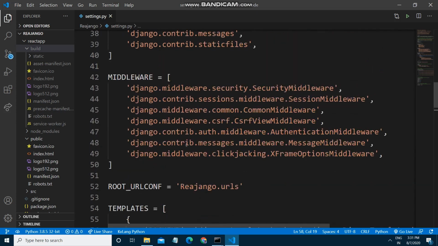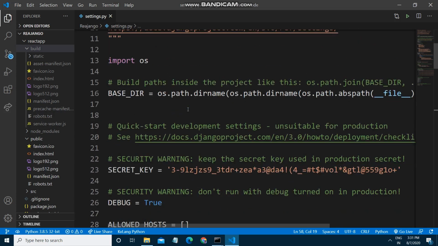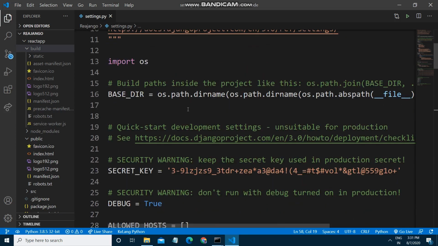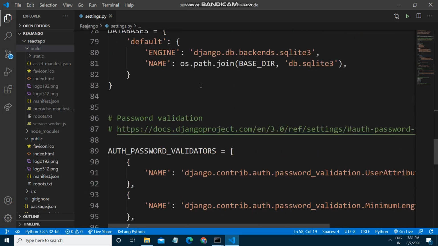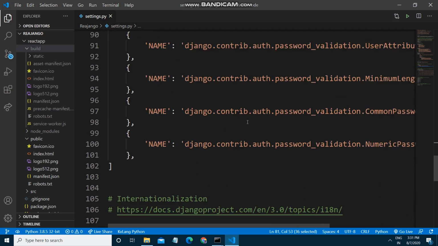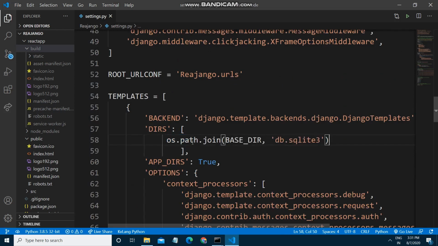I will copy this and paste it here. This is our root directory.